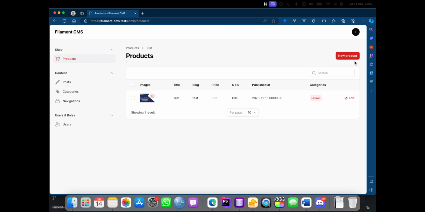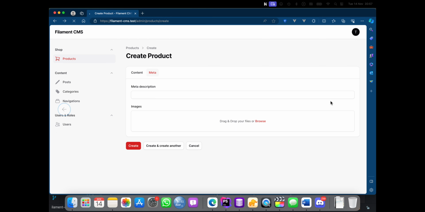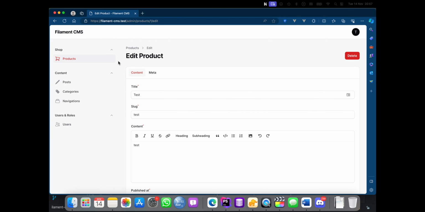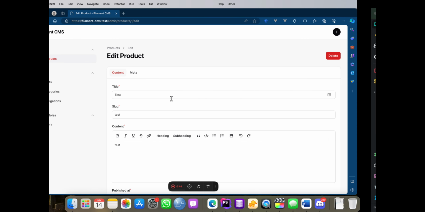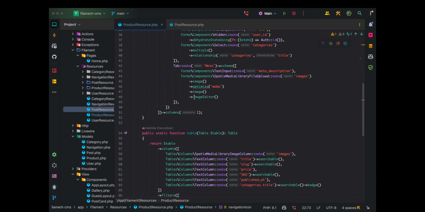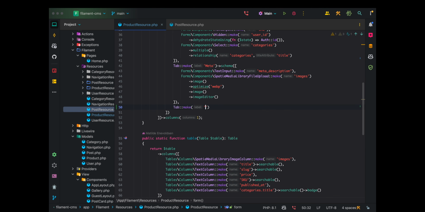So, now that we've got the shopping cart added in, let's look at some of the areas where we create a new product or edit an existing one. So I'll head back in here, and how do we want to display the variants is the question. It gets quite cluttered if we have a lot on the content side. So my thought is actually to create a new tab, which we'll call variants,